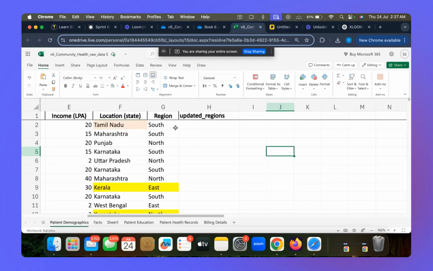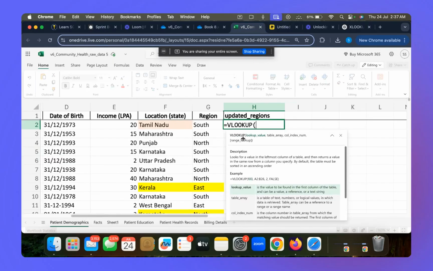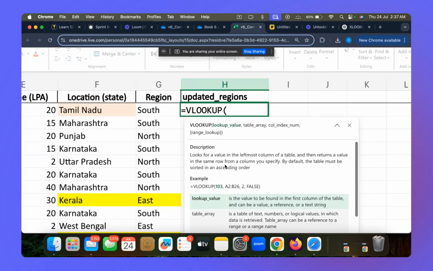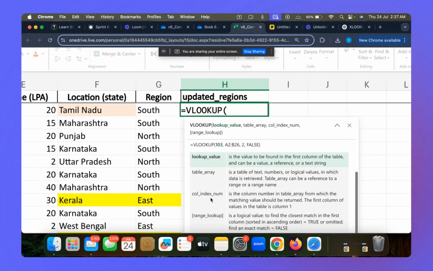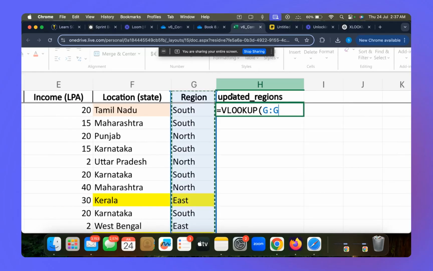Now let's try to write it here. So I'll put equal to and I'll write VLOOKUP. Now you see in Excel this is very beautiful: whenever you are writing any function, you can actually see the entire description of the function. So you don't really need to remember any function or formula in Excel because it gives you the entire description, which tells you what the function does, the arguments it is taking, and how exactly you have to give the arguments. It has even explained the arguments. You can actually understand what you have to do in this function.